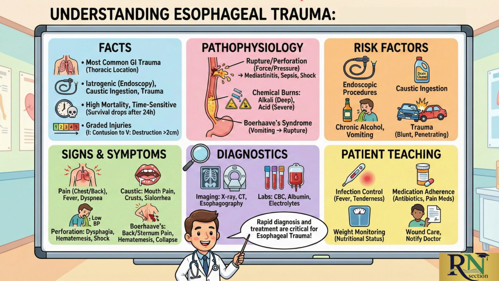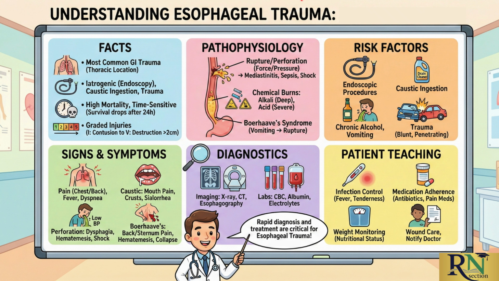From indigestion, severe pain in the mouth and chest, corrosive white crust in the mouth, excessive salivation, which is sialorrhea, and gagging, perforation, dysphagia, vomiting, hematemesis, hypotension, pallor, and signs of shock. Boerhaave syndrome: severe pain between the shoulder blades or behind the sternum,